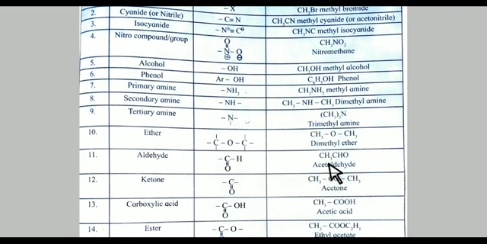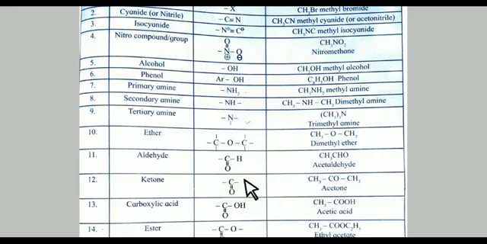See here, an example is acetaldehyde, CH3 alkyl group attached with CHO. In place of CHO you can write it C=OH. Next, RC=OR, CO, C=O means carbonyl group. So this carbonyl group, whenever one side is attached with alkyl group R and another side is attached with hydrogen, it is an aldehyde group. And this carbonyl group, if both sides are attached with alkyl group, it is known as ketone.